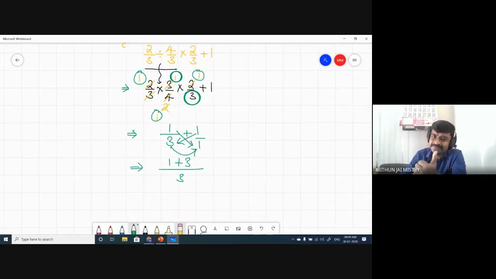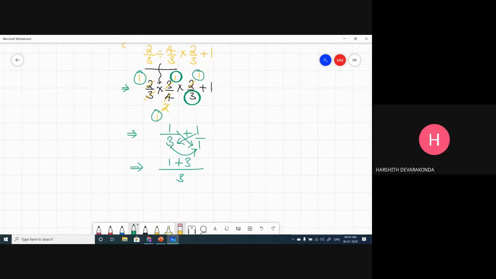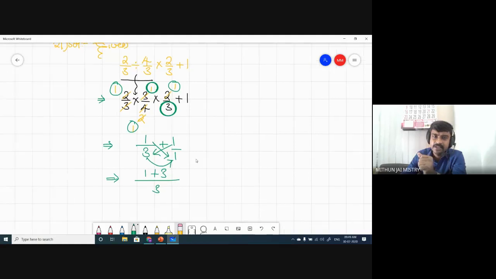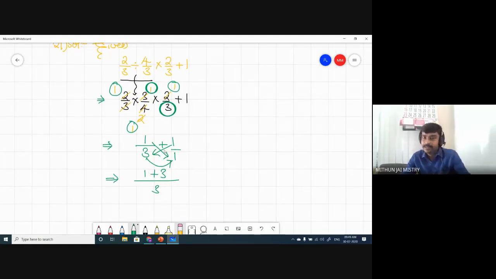Everybody understood this one? We have done even earlier also. Yes or no? So 3 ones are 3. I'm multiplying the denominators. Then I'm multiplying crossly. 1 ones are 1 plus 1 threes are 3. We have to learn this, Nana, because you're learning IIT foundation, right? So what is 1 plus 3, Nana? 1 plus 3 is 4. 4 by 3.